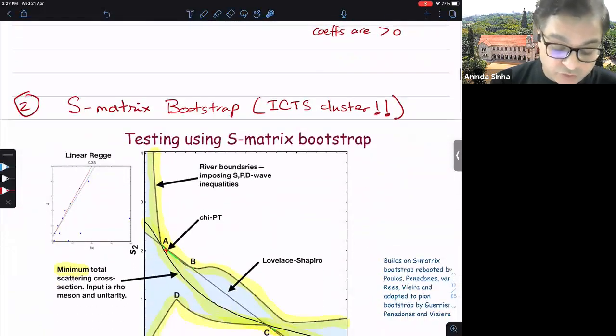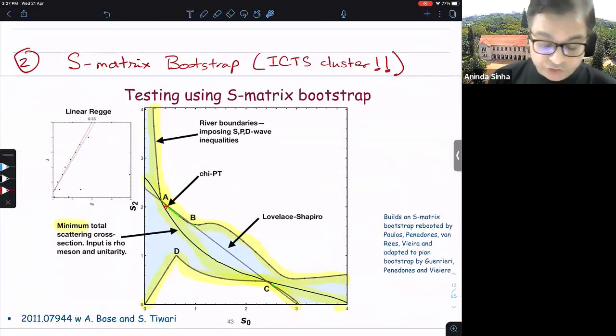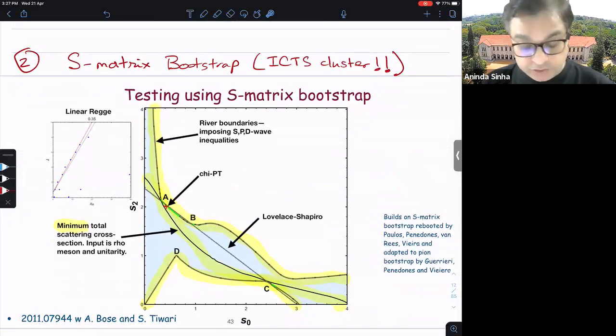The other testing ground is going to be the S-matrix bootstrap. So the S-matrix bootstrap is basically describing pion scattering. So this was a famous